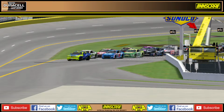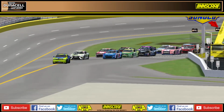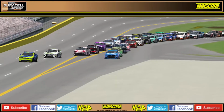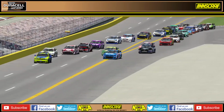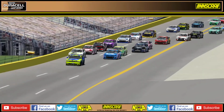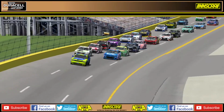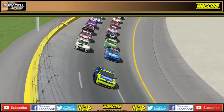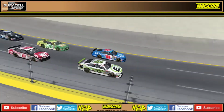Drivers, start your engines! As the command is given, again, 20 laps of racing here today, and watch these guys in testing. Keep an eye on the middle of the field towards the back of the pack because, not necessarily like the Clash, there are no points on the line here. If you wreck out, you're still going to have a chance to get a good qualifying effort in the duels. If you wreck out of the duels, you're still going to take the green flag for the Daytona 500, but